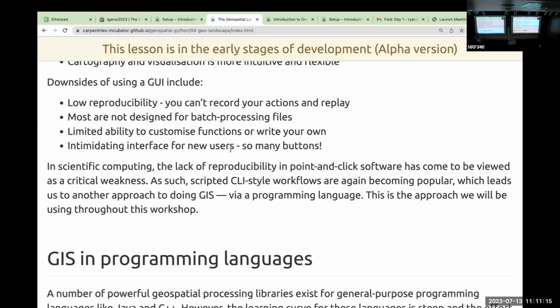Downsides of a GUI, and I really want to highlight these because I think these are going to come up in your research years, is that low reproducibility. You can't record your actions in GIS and then replay them or publish them for others to read. That is significant because I think nowadays folks are expecting more and more to be able to run your research. So this is, I would say, a big